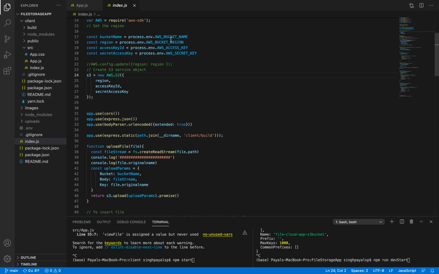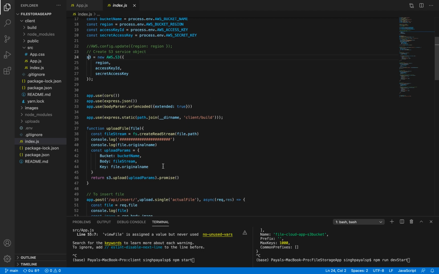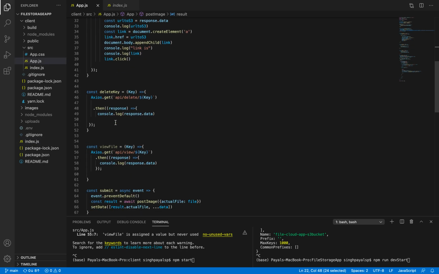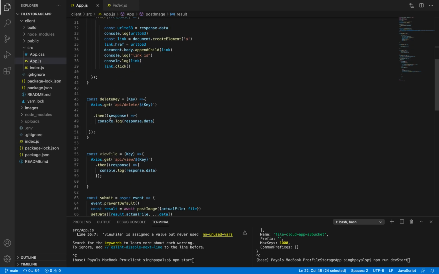If that is matching, then it will just give a success, and our file will get uploaded to the s3 bucket.